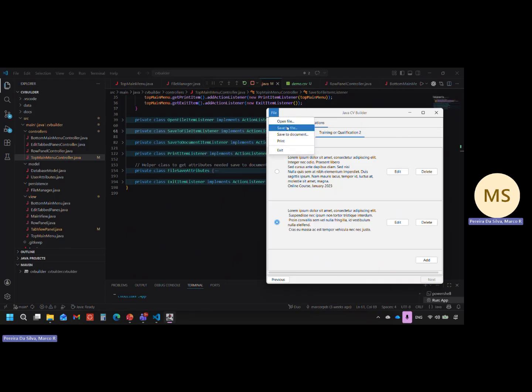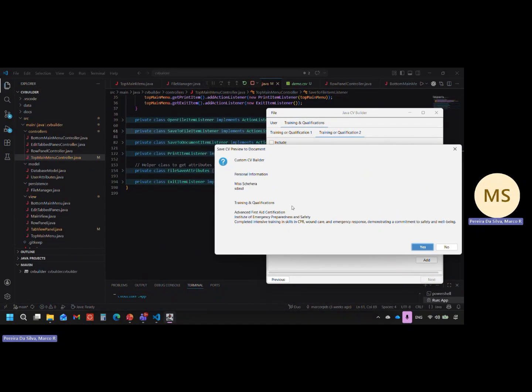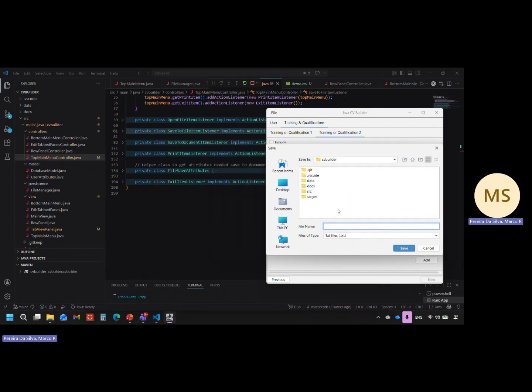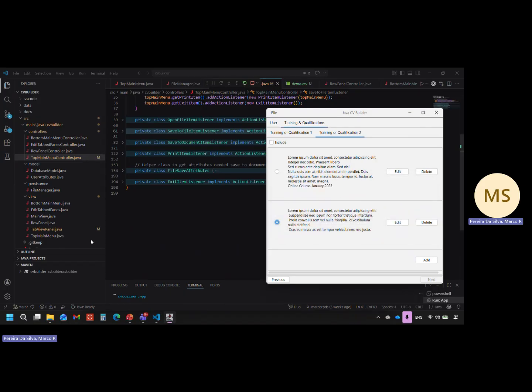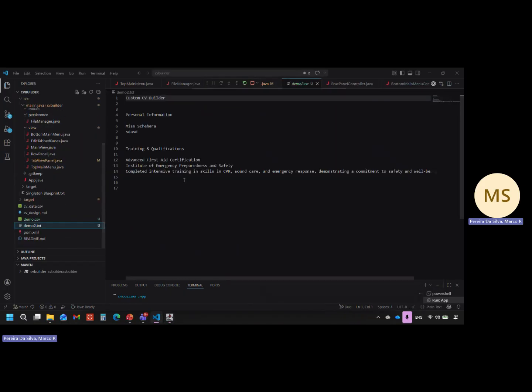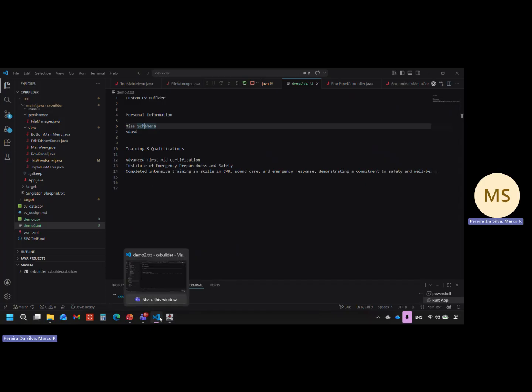So the way we do this is we try to save to the document. It displays this to the user. And then if the user presses yes, the user can choose a file, demo2, example, and it prompts the user saying that the file was saved. And then if we go here, we have a text file with the information that we required, in the order that was requested. So the way it does this